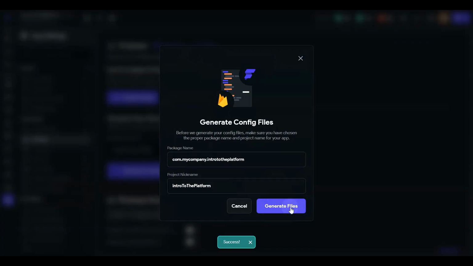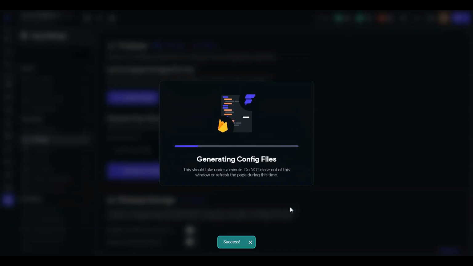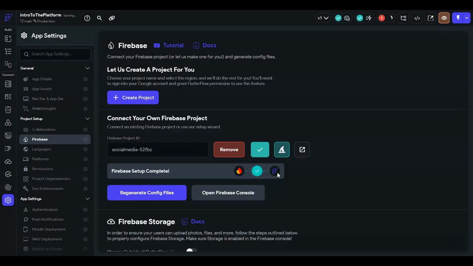If you already have configuration files downloaded, or want to upload them from Firebase, you can do it, but the simplest way is to generate configuration files from your Flutterflow application. You can do it from anywhere, whether you are using the browser or the desktop app, it doesn't matter.